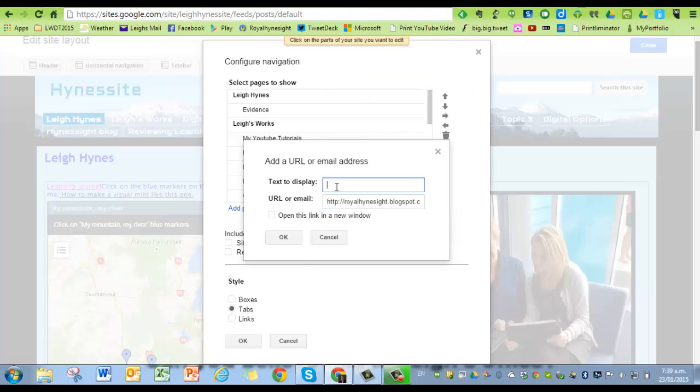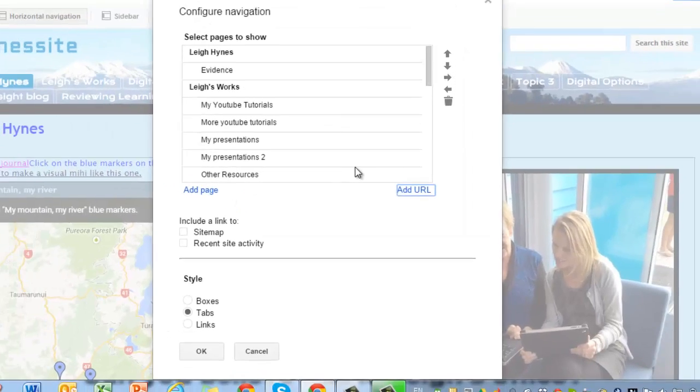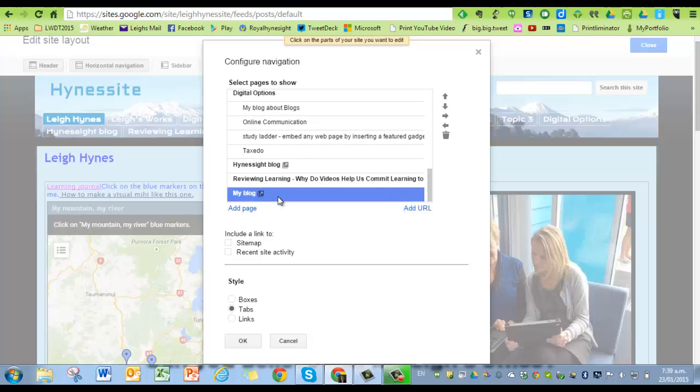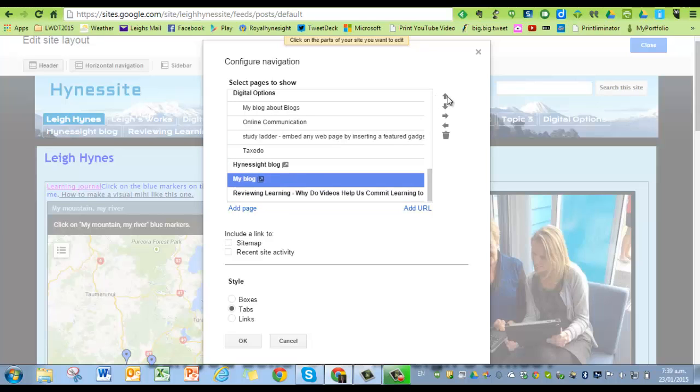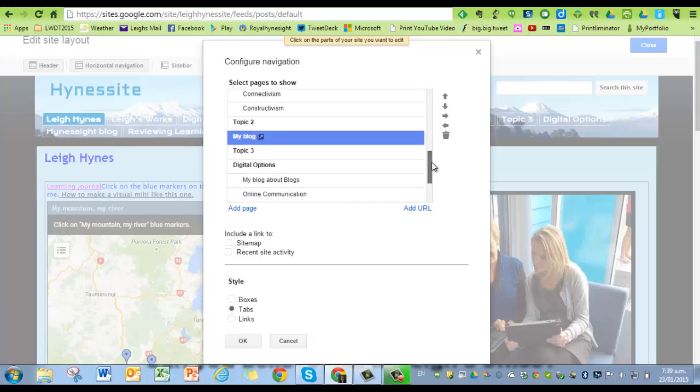And you might like to write my blog or whatever you like as your tab heading. And I sometimes click that, open it in a new window, otherwise it will just flick you out of the site. So say OK, and you can see that in this list it will have appeared at the bottom, my blog. If you decide you want to move that, you can pop it up further if you like. Where's it gone? There it is. It's under that heading. So I'm just going to say OK,